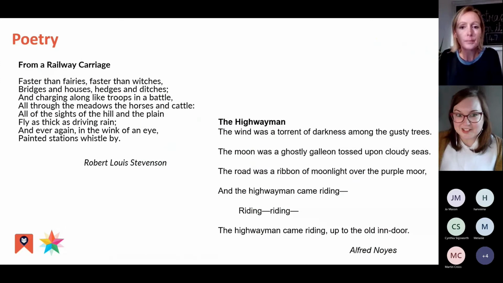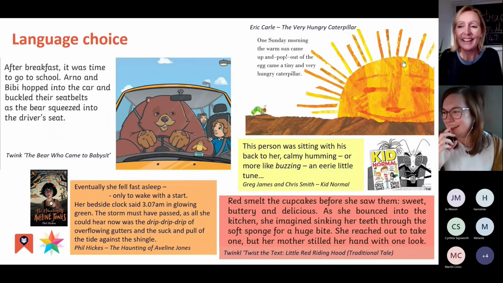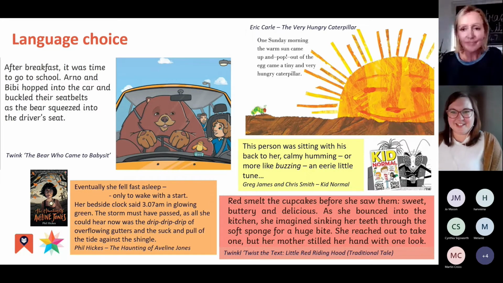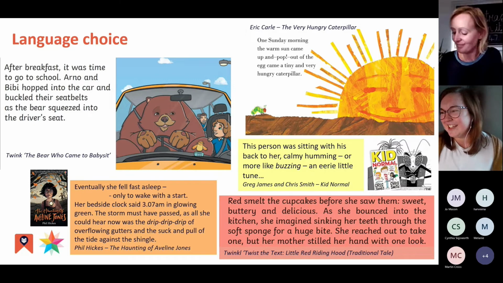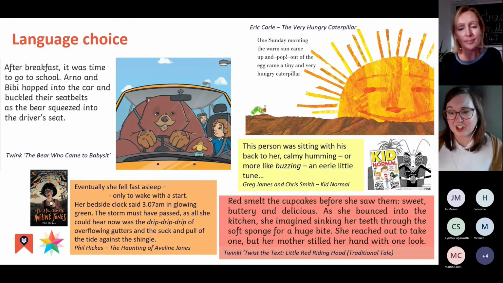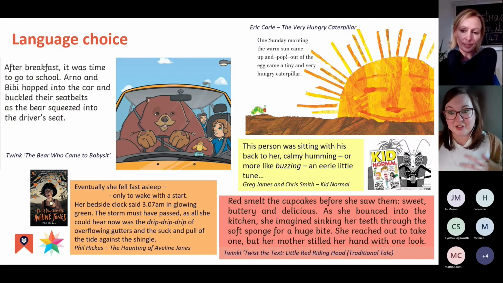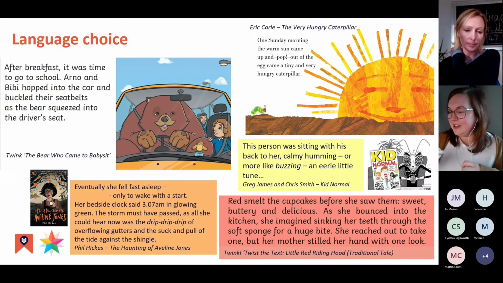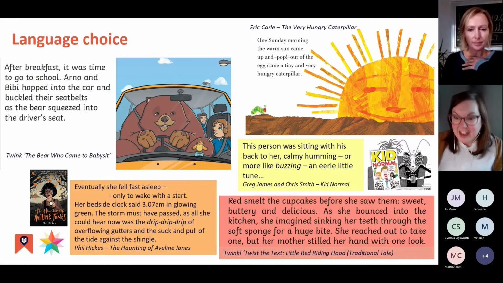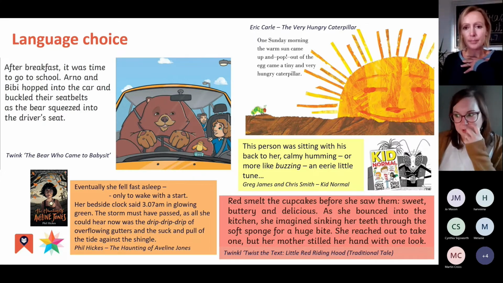In the top right corner, sorry, Helen, we've got the Eric Carle Very Hungry Caterpillar, which I think Helen and I have shown in every single one of these, because obviously it's a fantastic resource. Just the fact that it's the language around that onomatopoeic word pop. It's got the warm sun, so not just saying the sun, but trying to get children to imagine being that little caterpillar and feeling the warm sun on their face. The tiny caterpillar, the very hungry caterpillar, all those little word choices.